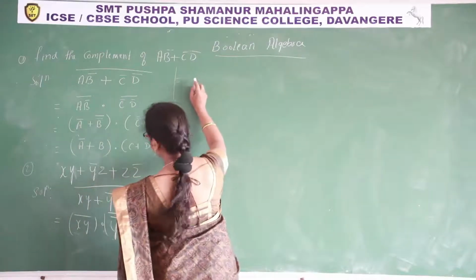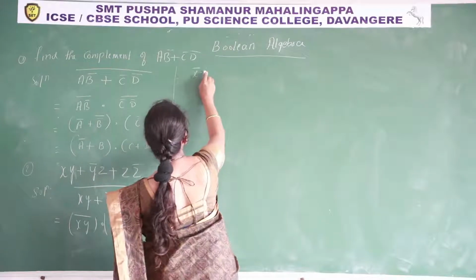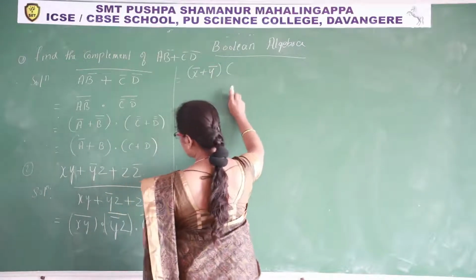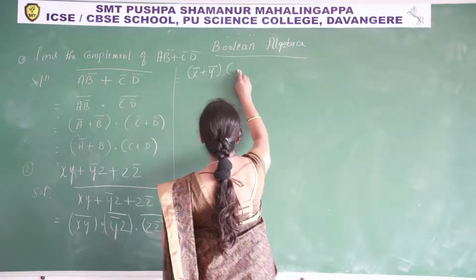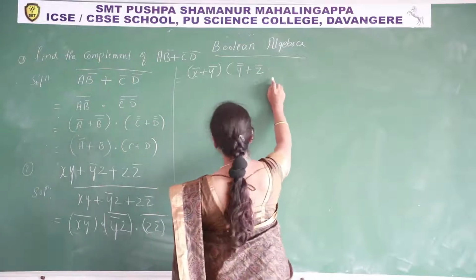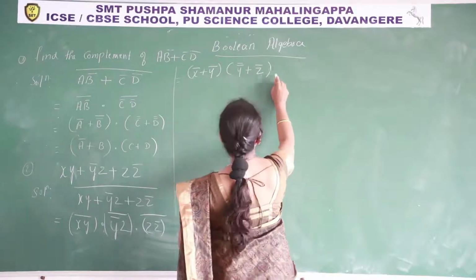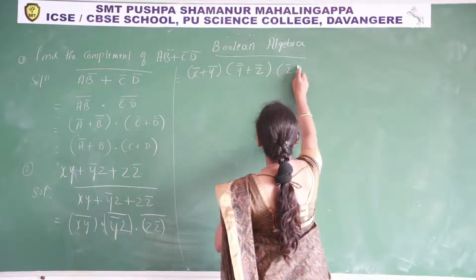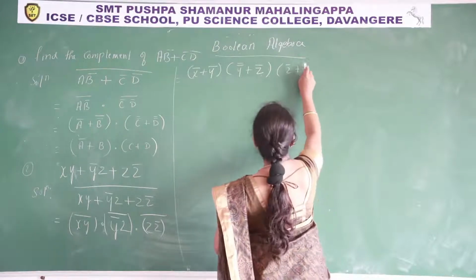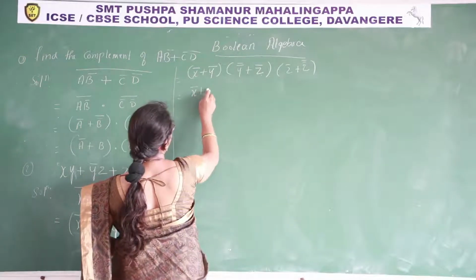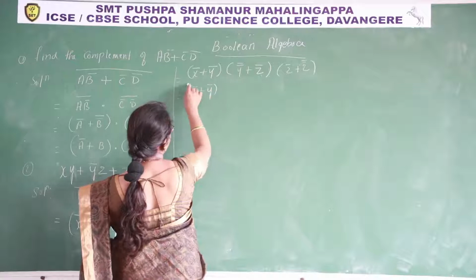Now x into y whole bar becomes x bar plus y bar into y bar into z whole bar, it becomes y double bar plus z bar into z bar whole bar, z bar plus z double bar, that is equal to x bar plus y bar,